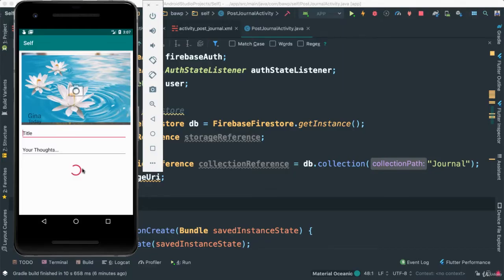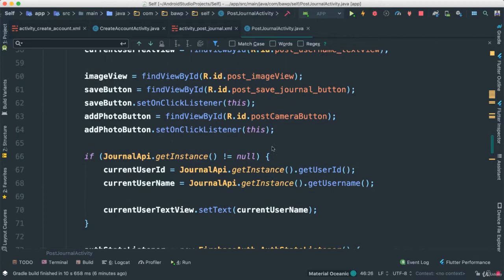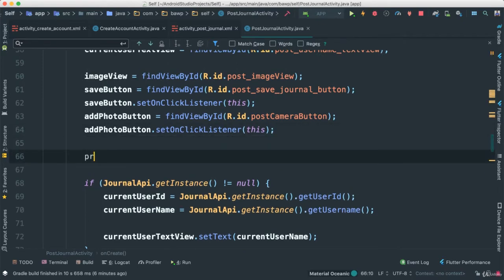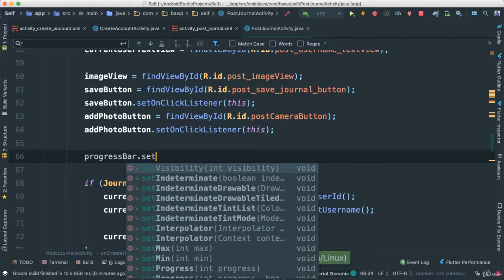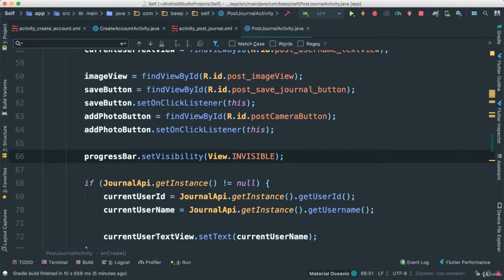Let's start by fixing our progress bar here. This doesn't look good. What we need to do, I can just go ahead right inside here. I'm going to say progress bar dot set visibility to invisible right away. Okay, because we want that to happen right when we hit